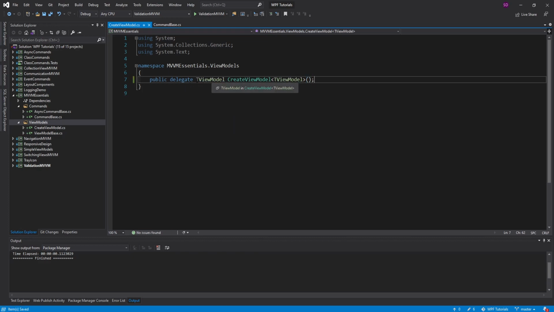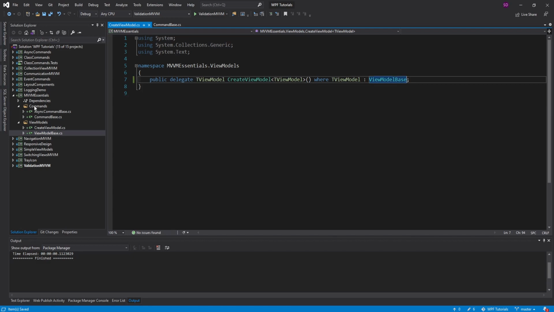So I like to use this simple delegate whenever I register things in dependency injection, and I prefer to use the delegate rather than having some kind of factory class for every single ViewModel, which really bloats the code. So the delegate, much simpler in my opinion. And I also put a constraint on here too, so TViewModel should inherit from ViewModelBase.